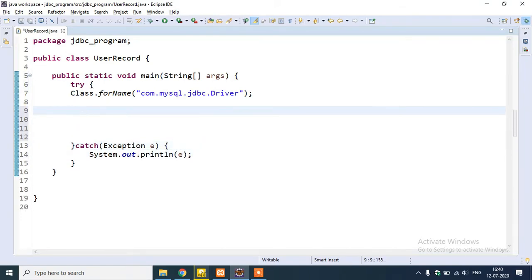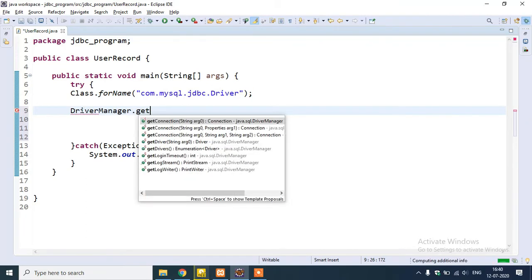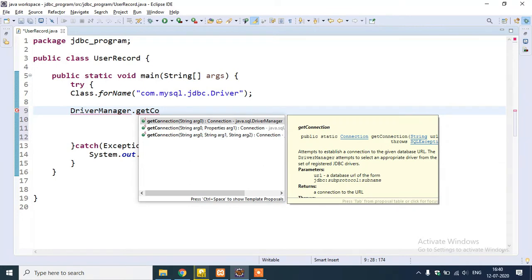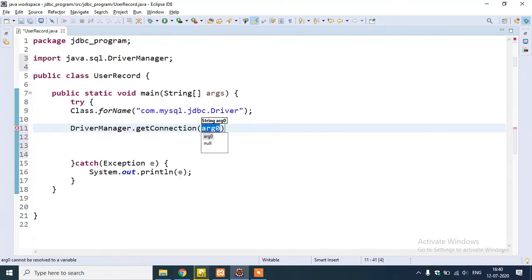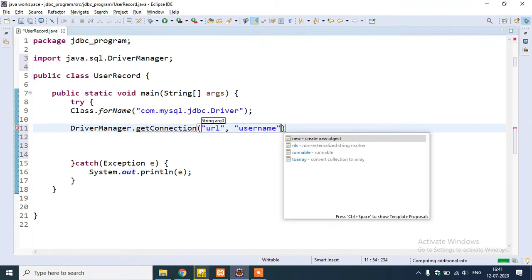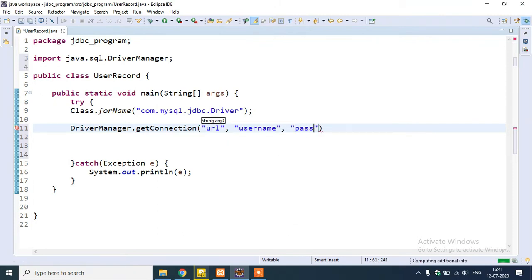And with the second step, to establish a connection between Java and the database, write here DriverManager.getConnection. Write here a URL, username, password. And for the URL, write here